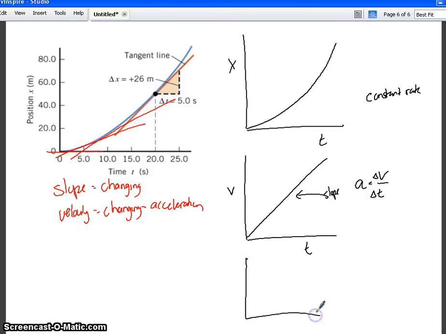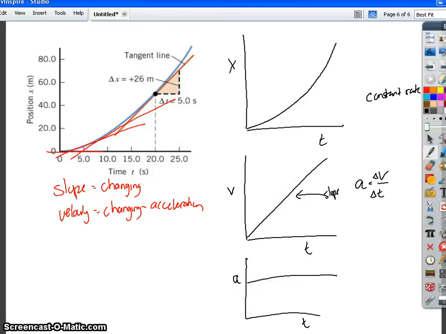So if we did an acceleration time graph, we would have a positive straight line. So a positive position time would equal a straight sloped velocity time, which would equal a straight constant acceleration time. Okay? And vice versa,